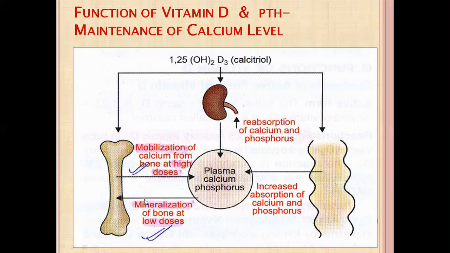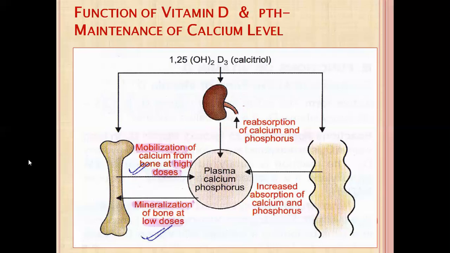But the second one is the parathyroid hormone. This is not shown in this image, but the action of PTH is mobilization of calcium from bone normally. Okay, not at high doses, only normally. So this normal action of parathyroid hormone leads to calcium moving from bone to the serum whenever needed. So these two maintain the serum calcium level. Whenever PTH is increased, it leads to more calcium in the serum, so a higher level of calcium is seen. So higher parathyroid hormone, that is hyperparathyroidism, will lead to hypercalcemia, and hypoparathyroidism will lead to hypocalcemia.